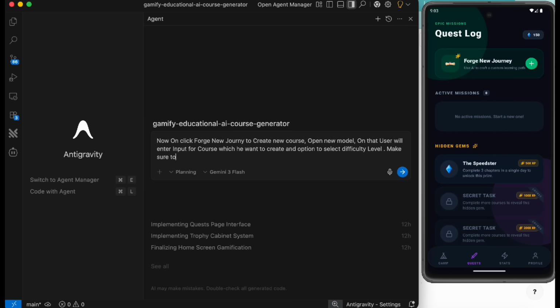Obviously make sure to lock hard level difficulty only for paid users. So we are just making sure only a paid user can generate a course with a high difficulty level. After that we also need to mention how we want the course structure. Make sure AI will start generating the course once the user clicks the submit button, and generate at least 8 to 10